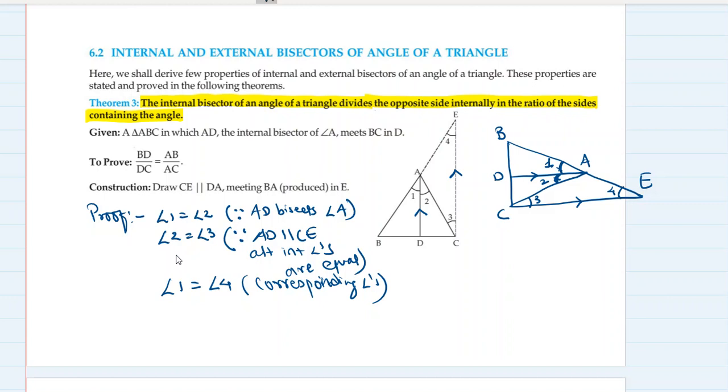Now looking at these three statements, angle 1 is equal to angle 2 since AD is the angle bisector of angle A. Angle 2 is equal to angle 3, alternate interior angles. Angle 1 is equal to angle 4, corresponding angles. See, 1 is equal to 2, 2 is equal to 3, and 1 is equal to 4. From all these three statements, I can simply say that, therefore, angle 3 is equal to angle 4. Okay, now since angle 3 is equal to angle 4, therefore, in triangle ACE,